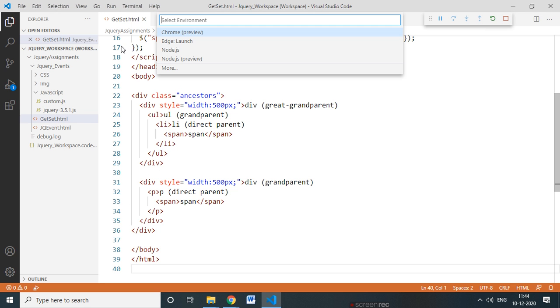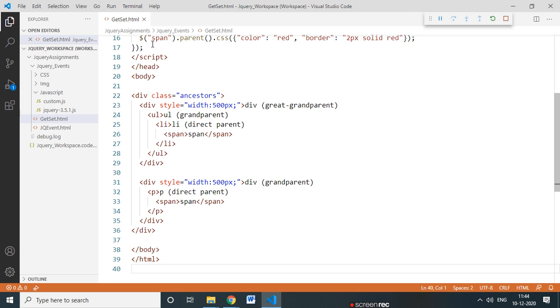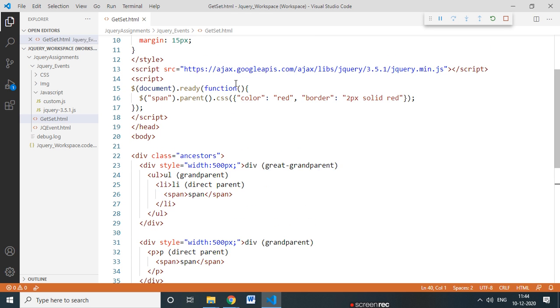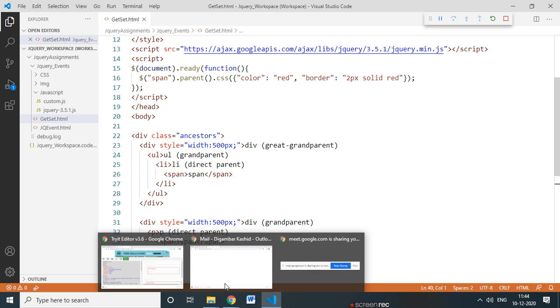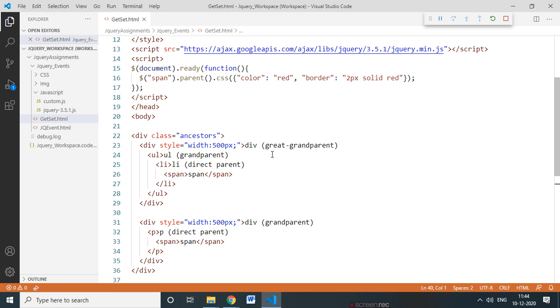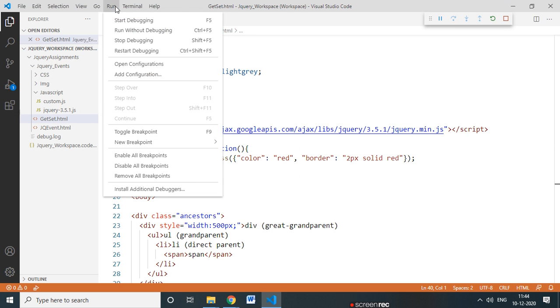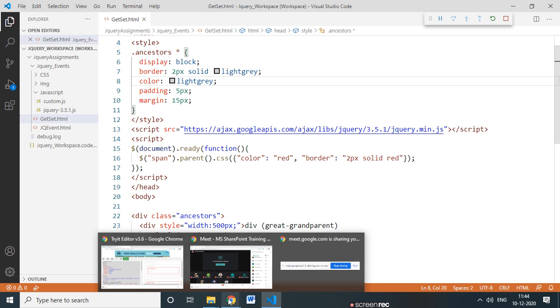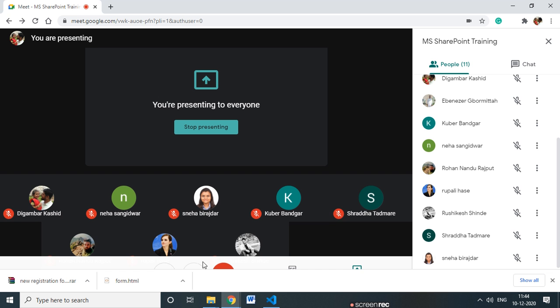Now here you can see, first we check the output, and then we understand how this traversing works. Just a minute.